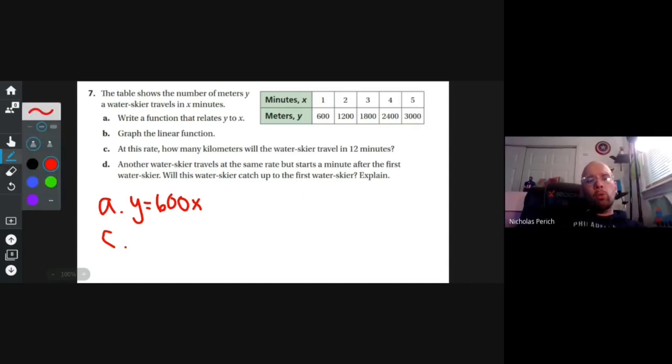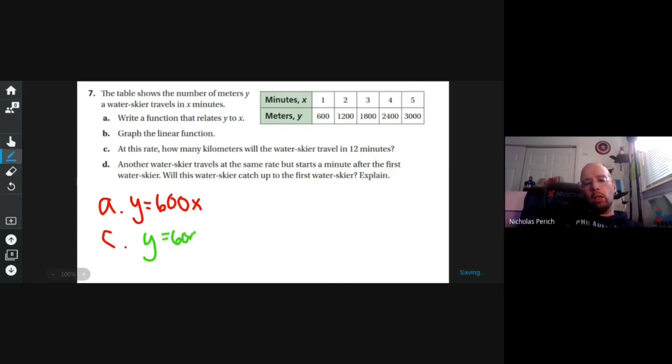Since my equation was y equals 600x, y stands for meters, and it wants to know how many kilometers. It's a trick. How many kilometers will the water skier travel in 12 minutes? So y will equal 600, and instead of x, I'm going to put in 12 because it asks for 12 minutes, and x is minutes. And I believe that is 7,200